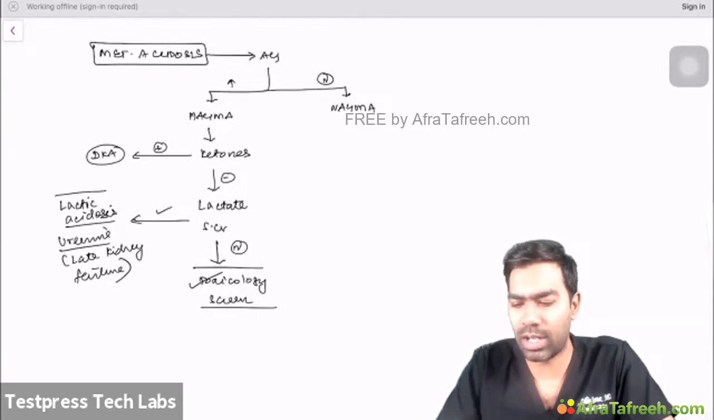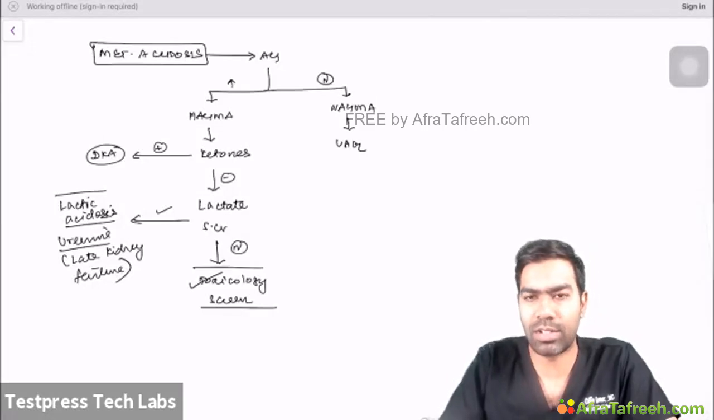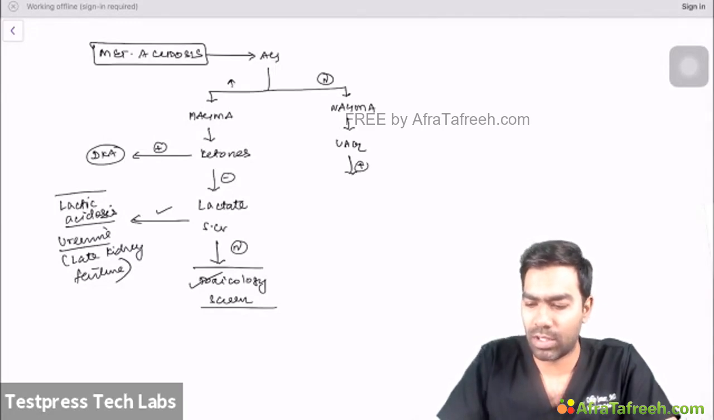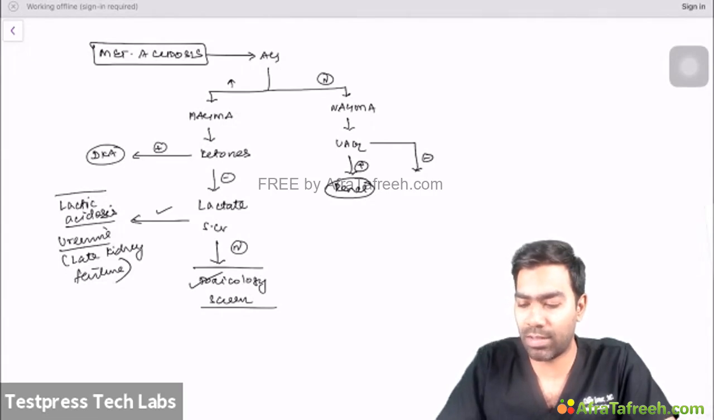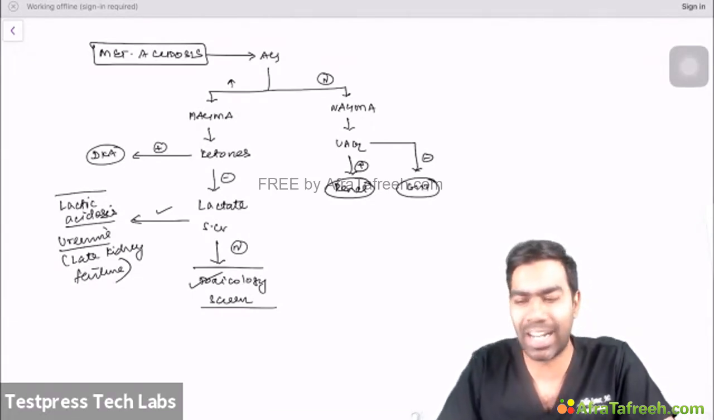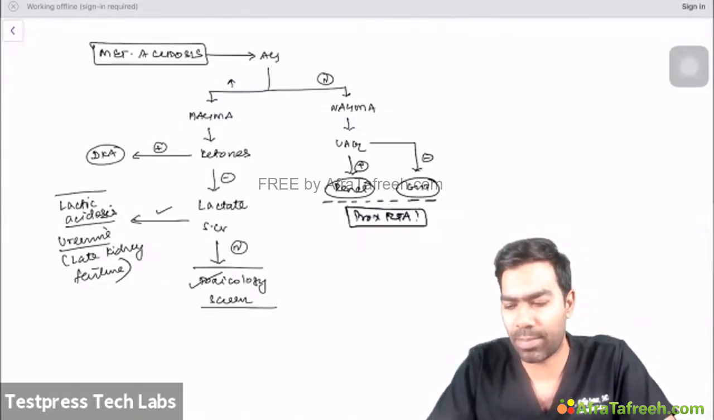Then once you go to the NAGMA, non-anion gap metabolic acidosis, my idea is to find out the urinary anion gap first. Suppose my urinary anion gap is positive or urinary anion gap is negative. If urinary anion gap is positive, I know it's going to be one of the renal causes. If urinary anion gap is negative, then I can think about a GIT cause, which means it's a gut cause. The most important is diarrhea, but remember proximal renal tubular acidosis is one cause that can result in both a positive as well as a negative urinary anion gap. So that's all. This is how I'm going to approach a patient with